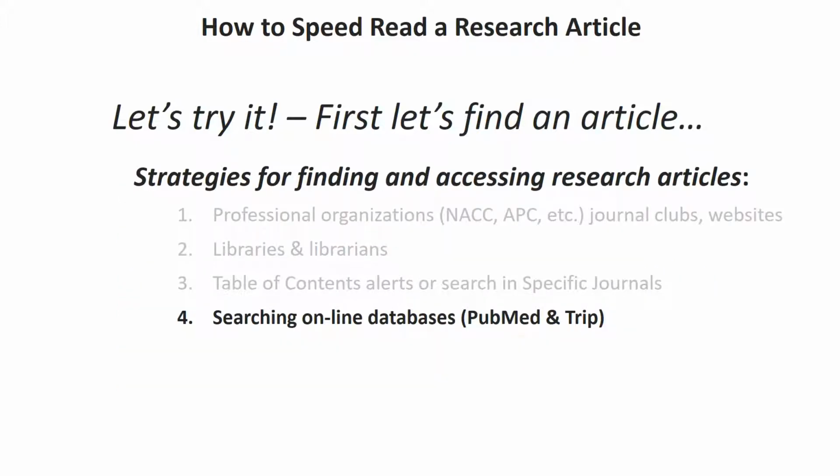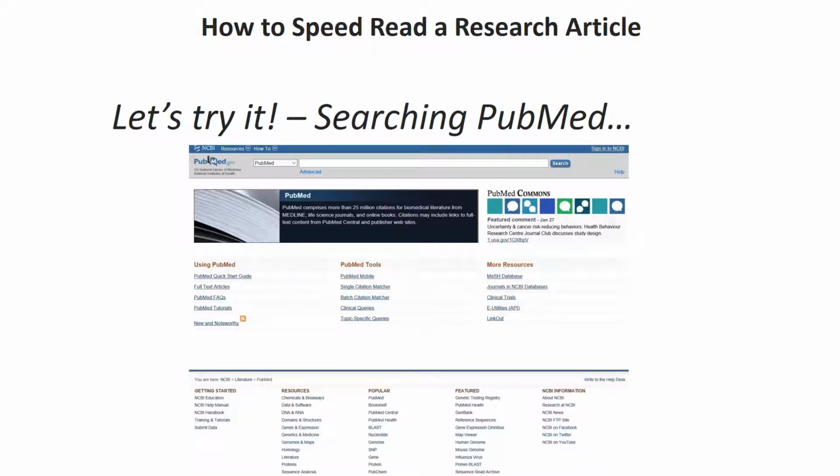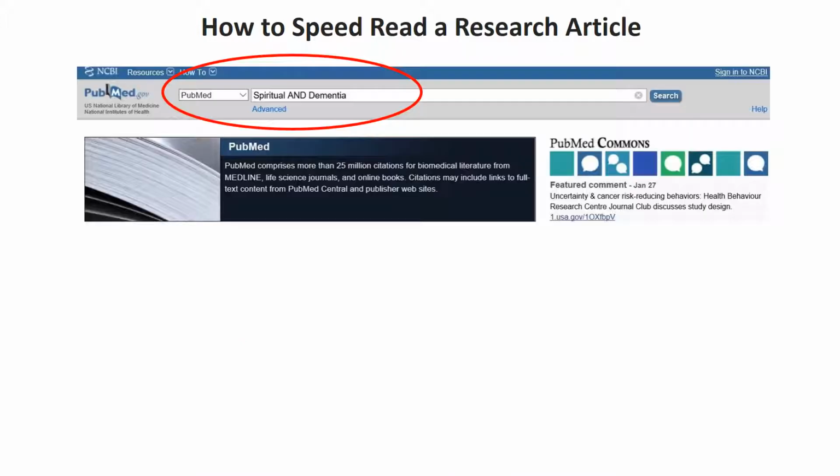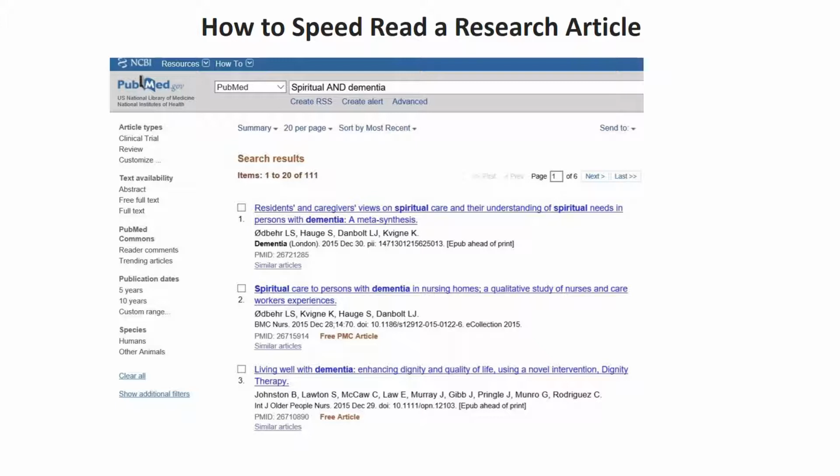So again, from part 1, we looked at strategies for finding and accessing research articles. And because we're in a hurry, we're just going to start searching the online databases to look for an article. In particular, I'm going to start with PubMed. What I'm going to do is fill into the search box "spiritual and dementia" in the PubMed website. And when I click search, it gives me 111 articles that have both spiritual and dementia